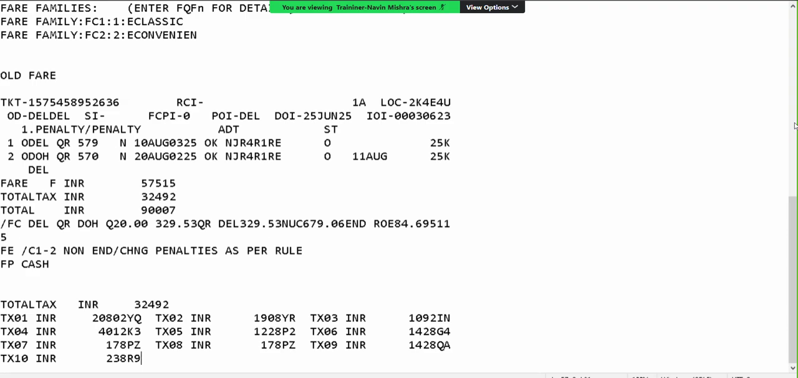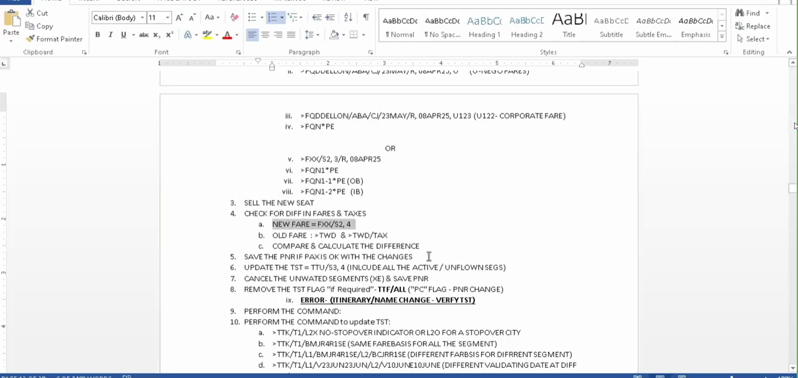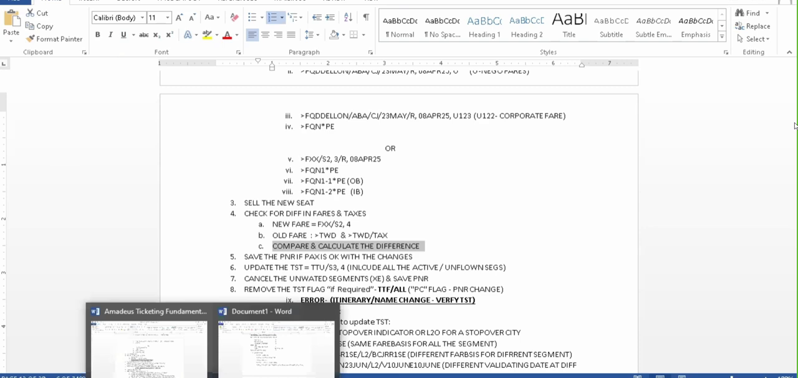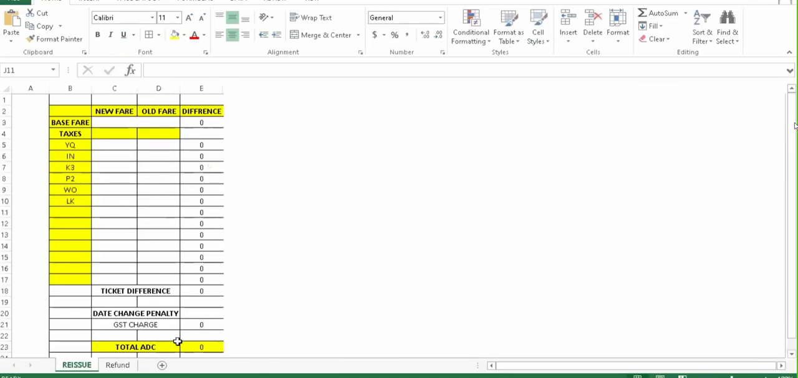Done. Now let's go back to the notes page. Now we need to compare and calculate the difference. How do I compare and calculate? Remember yesterday I told you that I would request everybody to please make a habit of making an Excel